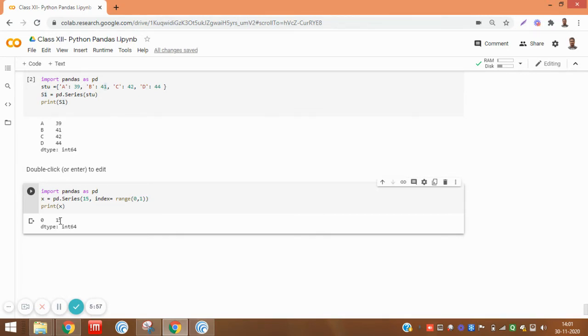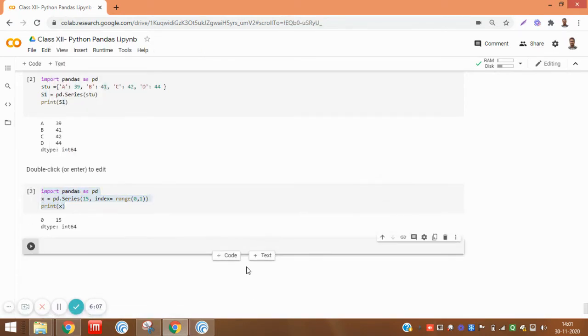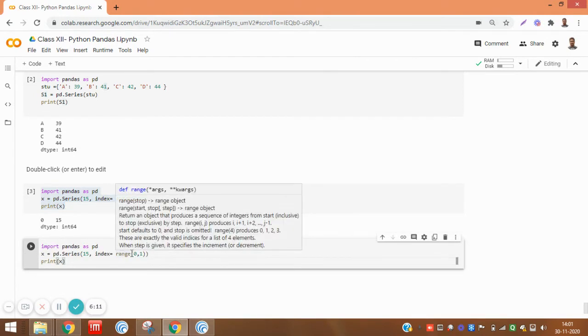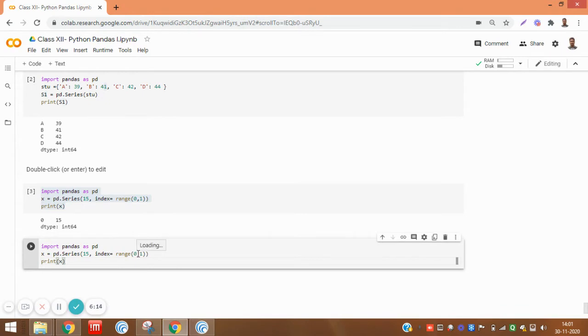You can do the same in the next program, but we give multiple indexes. We copy the same program and here we give multiple indexes. The index will increase because here we had only given the 0 value.